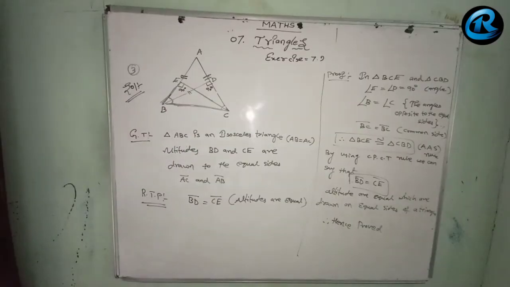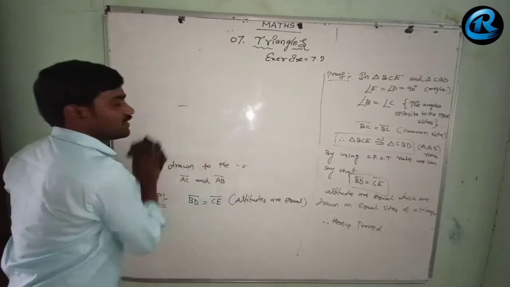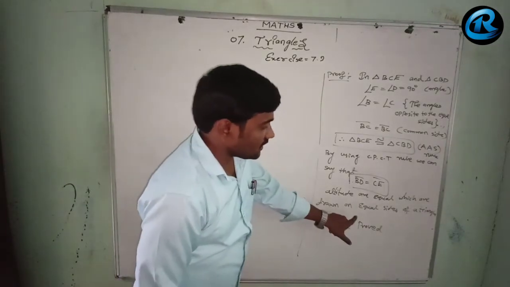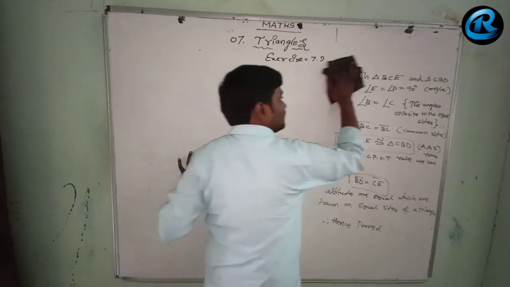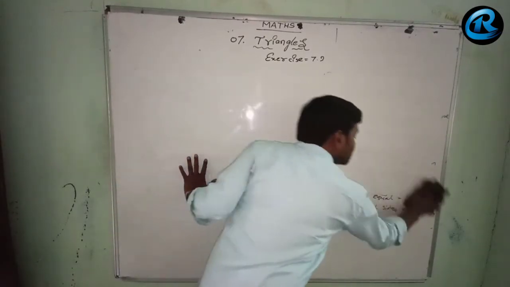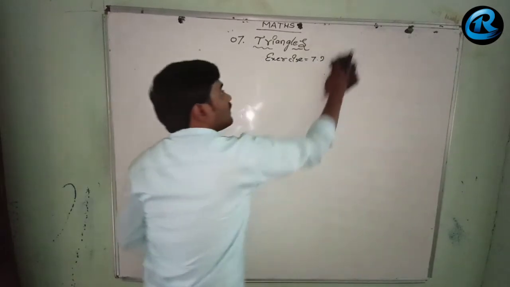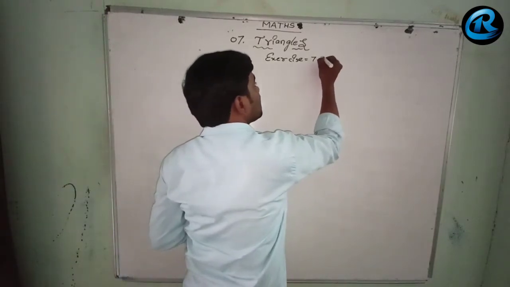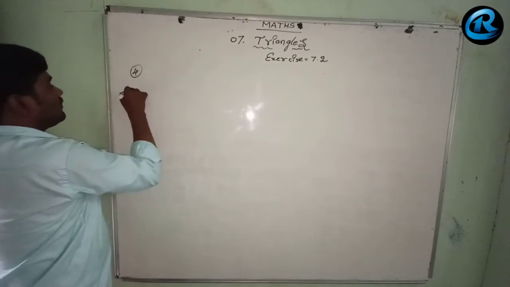Now we go for the fourth question. Fourth question also will be like this only. What we have done in the third question, we proved that altitudes drawn on equal sides are equal. Now in the fourth question, we have to show that the sides are equal when the altitudes are already given equal. Already altitudes equal is given, and we have to prove the sides are equal. So that is what the fourth one actually is.